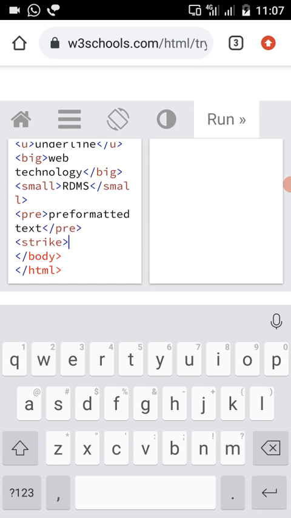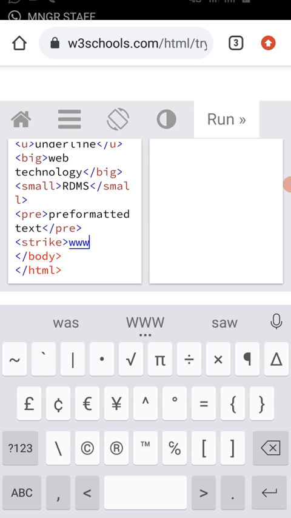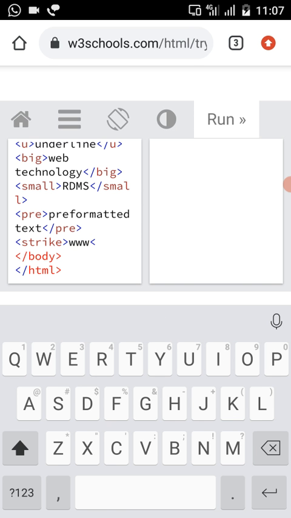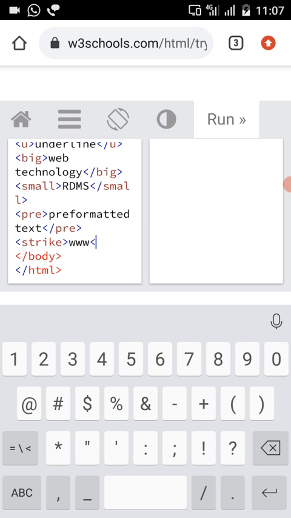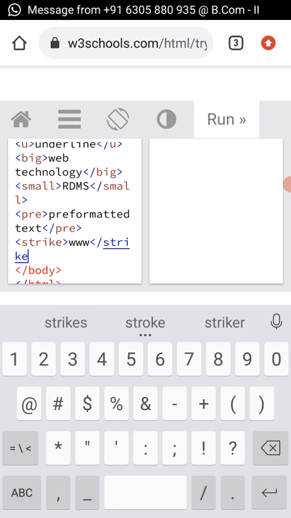Here I am writing www. This www will be displayed with a crossed line through it. This is also a paired tag.